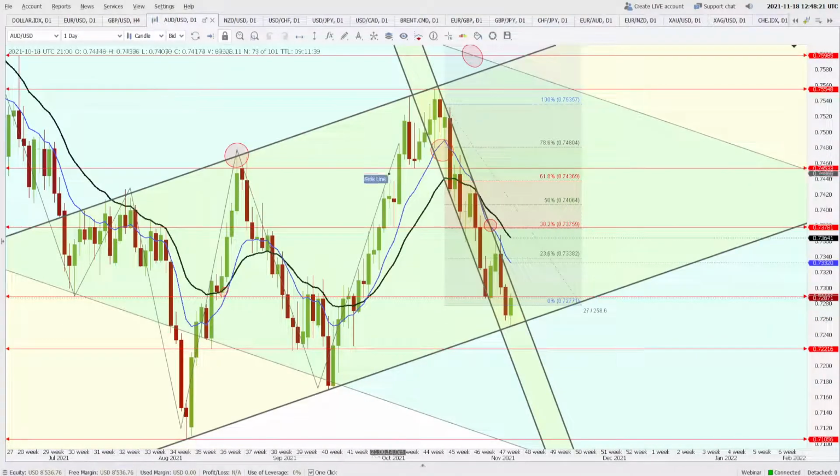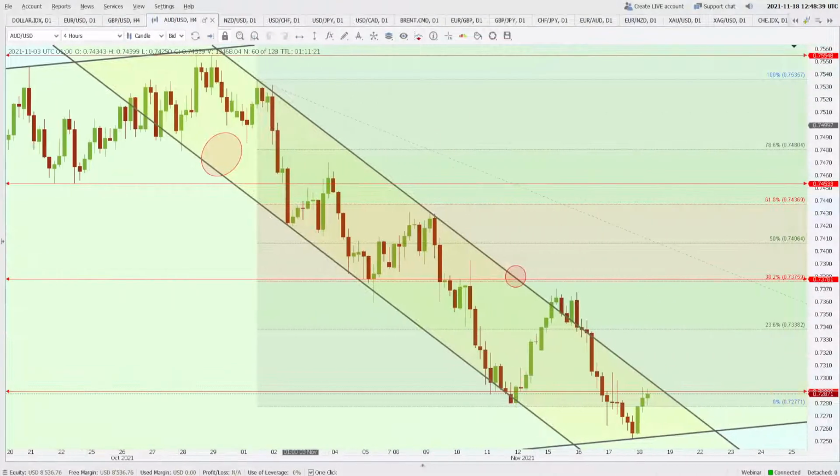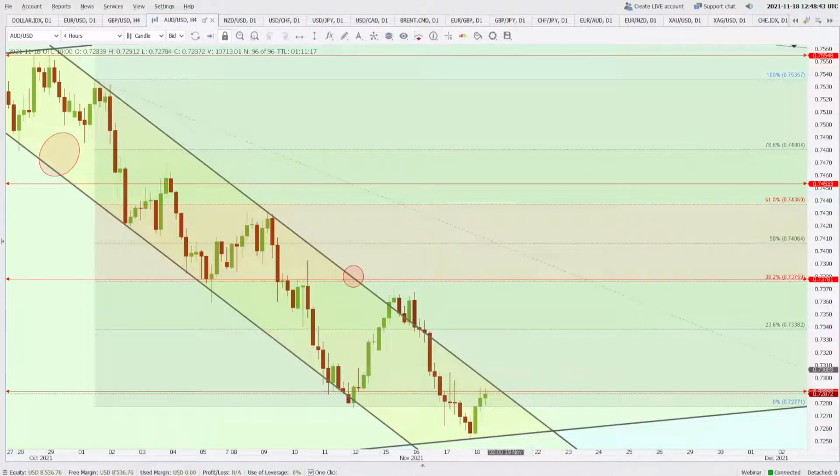Talking about the Australian dollar, like I said yesterday, this rising channel's rising line is where you can find buyers, and yes, the buyers have emerged. But should we open the buy positions? No, my friend. Till the time this falling channel's resistance line is holding, we cannot be looking for a buying opportunity. So we'll observe how the price action takes place in the coming 4 to 5 candles, and then